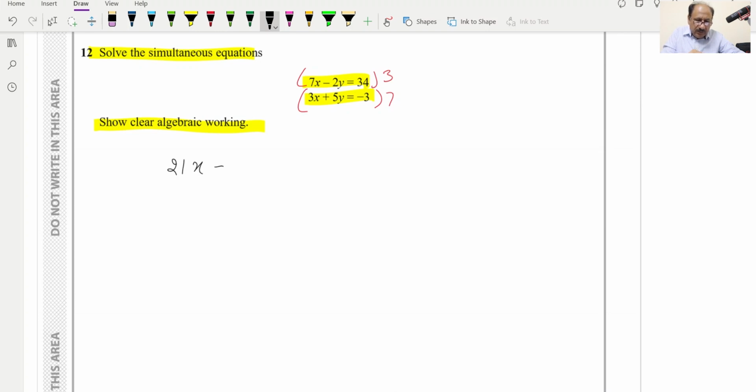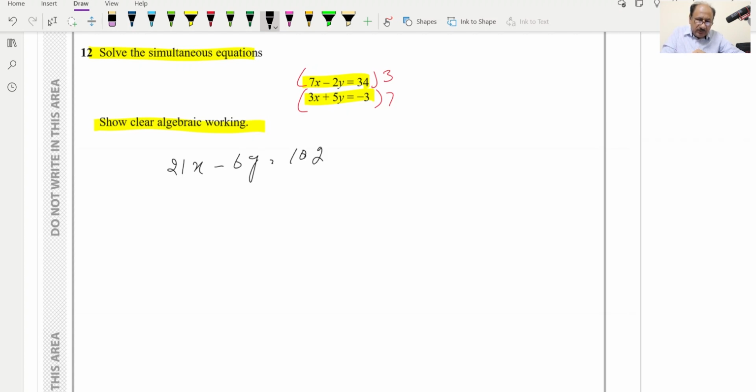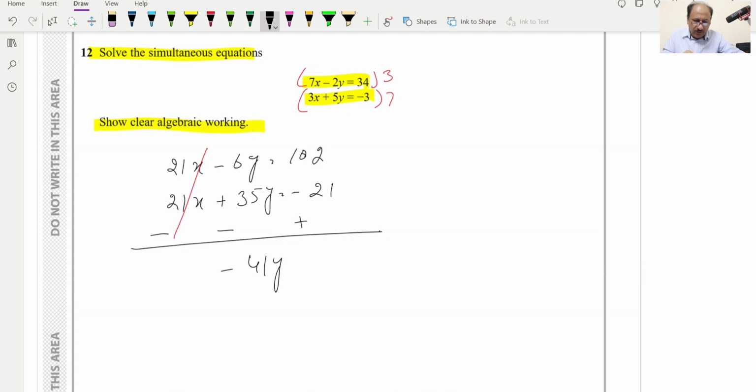21x minus 2 into 3 will be 6y is equal to 34 multiplied by 3 will be equal to 102, and similarly 7 multiplied by 3 will be 21x plus 7 times 5 is 35y is equal to minus 21. And now we can subtract, change signs, and after changing signs we can cancel this x, and now we can write it as minus 35 and minus 6 will be minus 41. Y is equal to